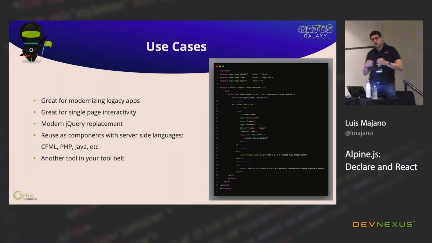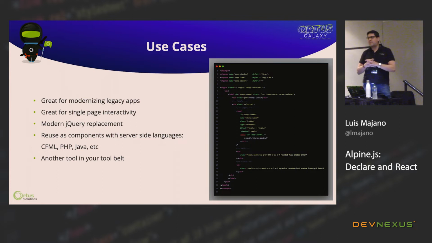Okay. You can also have reusability by using server-side languages. And that's really, really cool. The actual author also has a lot of PHP Laravel components, the Blade components that you can use with Alpine. We are actually creating some in CFML, and we'll be creating some for Java as well. And that way, it allows you to have these components interacting with your server-side language and also working with your front end. So it's definitely another tool in your tool belt. This is not meant to replace Vue or Angular or React. It's mostly if you have this specific scenario where you have a legacy application, or you have a new application that is a